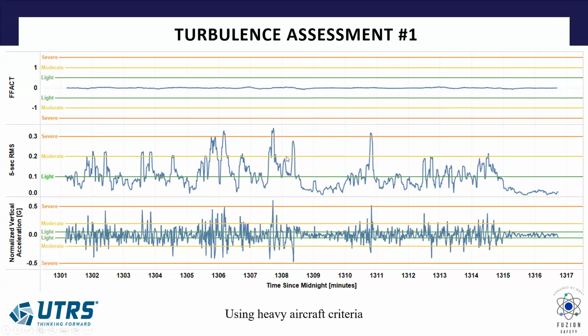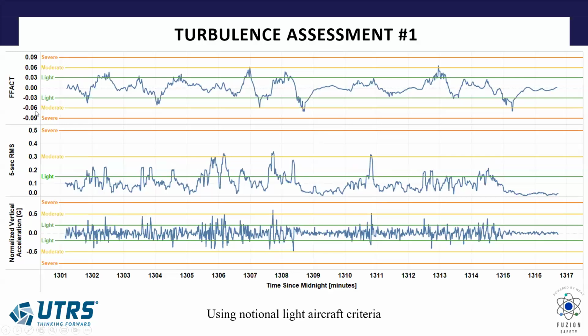So what I did is I just made up notional numbers. These are just made up, but I need your help to come up with something we want to program into the software to look for, when we're getting to light, moderate, and severe turbulence. So in this case, I made it out to be, hey, it's moderate. And after we talked to lots of people and they go, yeah, there were some points where I didn't feel in control of the aircraft, or, no, that wasn't so bad. And we'll just slowly work our way into what the numbers should be.